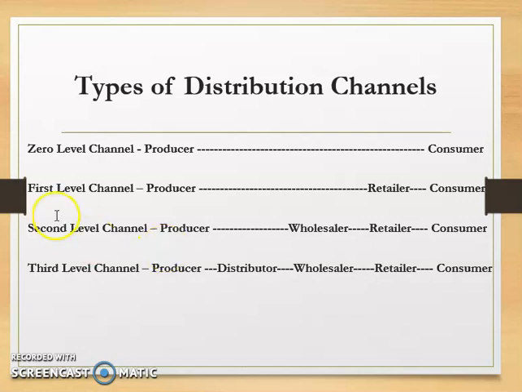So first level channels will be working like they will have only one channel in between to reach the customer. When consumers have a two level channel, it will be based on the wholesaler, retailer, and the consumer. See, the producer has many alternative level channels, okay, which are available in distribution of product. Channel levels indicate a number of distinct characteristics of intermediaries in a distribution channel. These channels vary in numbers of middlemen and the product also.